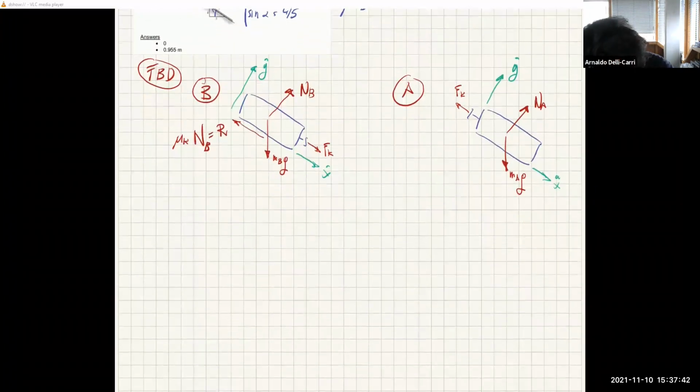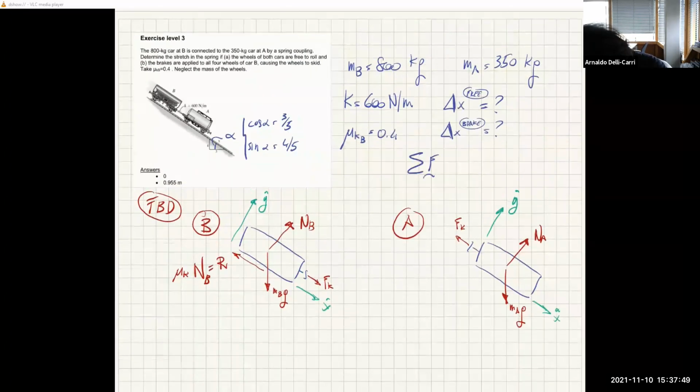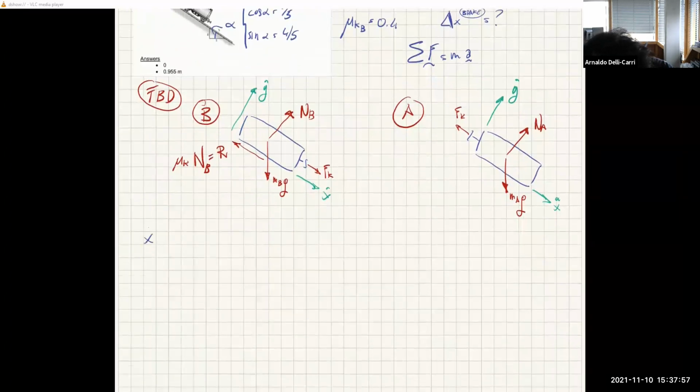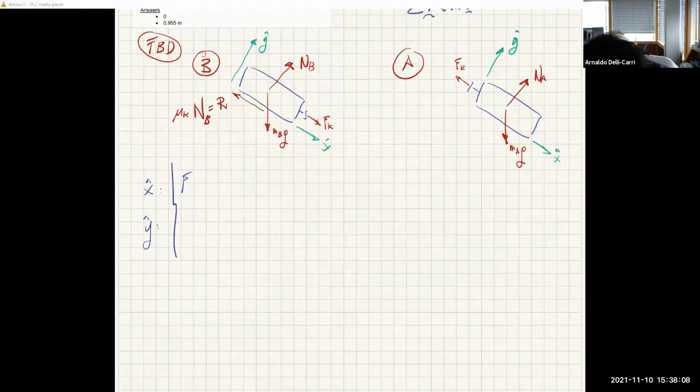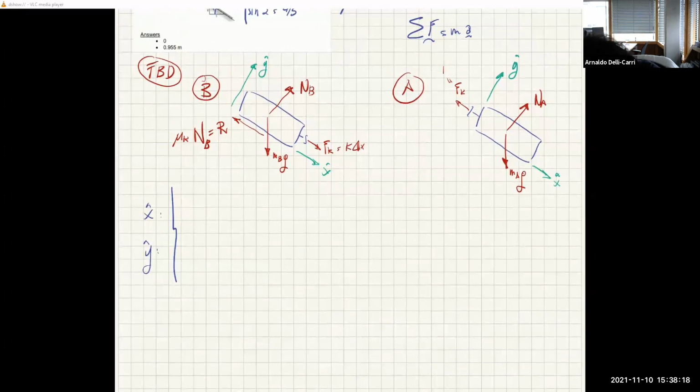So let's write the equations. Remember, Newton's second law is always the same. Let's say that on the x-axis and on the y-axis. On the x-axis, we have F k, which, since we know k, is k delta x. This is a spring force. So we can say that k delta x minus mu k N B,